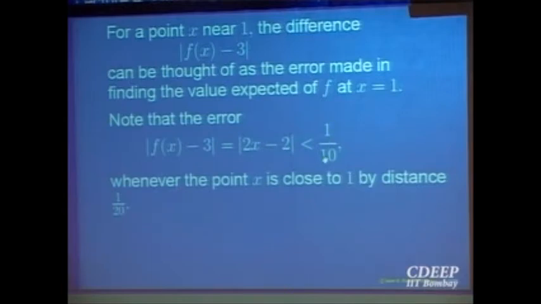So if x is in a neighborhood of the point 1 by a distance 1 over 20, then f(x) is in a neighborhood of 3 by a distance 1 over 10. That means if I want to make the error less than 1 by 10, then I should be close to the point 1 by a distance 1 over 20. I cannot be more away from that. That is a margin. If I want the margin for error to be less than 1 by 10, then how far away I am allowed to be from the point 1 is at the most 1 over 20. So I am putting it in terms of errors.